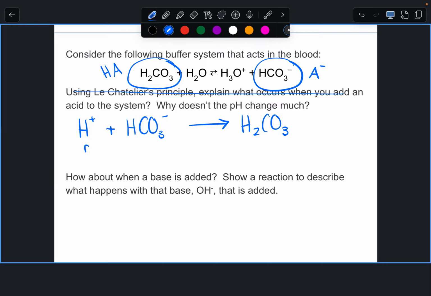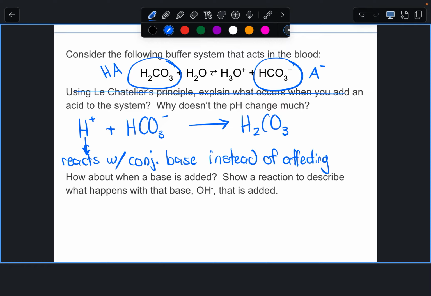So the strong acid here reacts with the conjugate base instead of affecting the pH. And this is the whole idea of a buffer, is you're trying to use up that strong acid or strong base